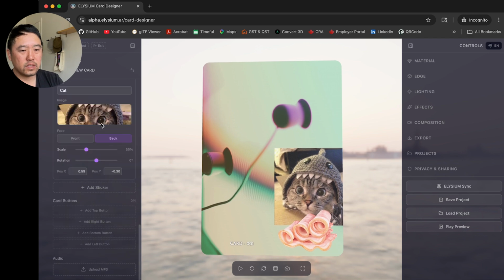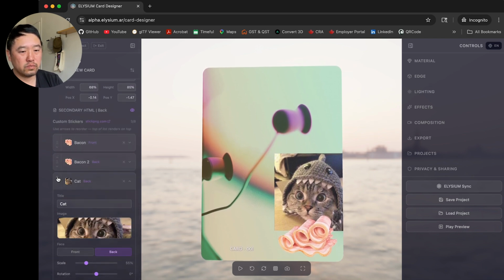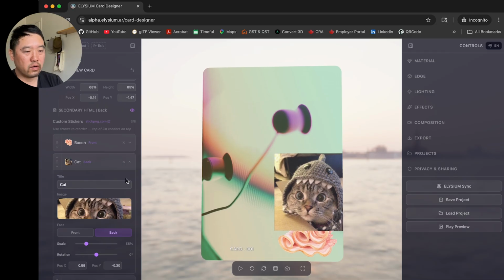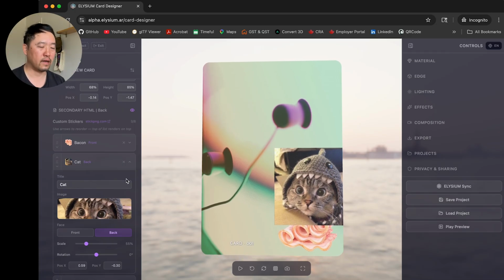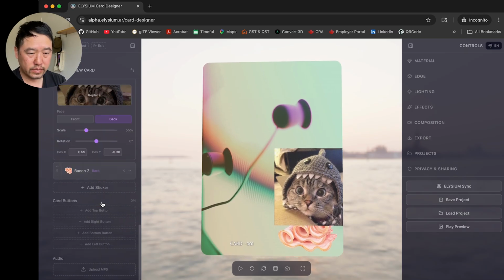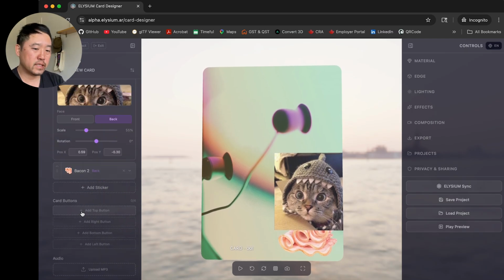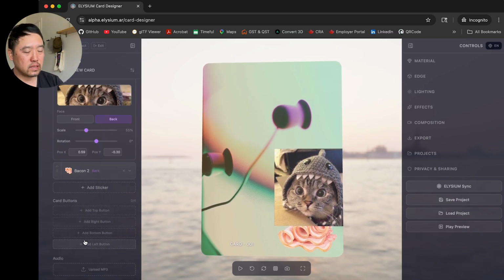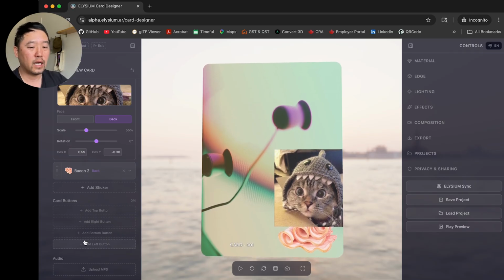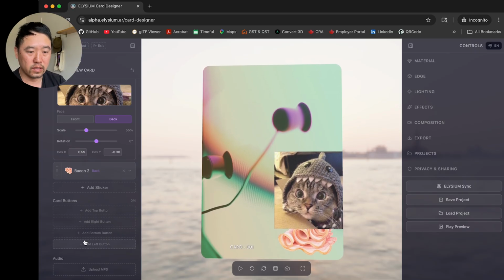Okay, so on a card, you can have up to 8 stickers, and you can just place them however you like. So this is an additional visual element that you can add to these cards. Card buttons are action buttons, and this is once again specific to the way that we'll be using cards in our system. This is not something you need to worry about at this point.